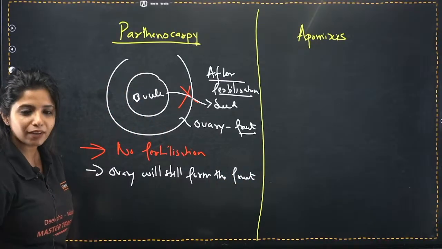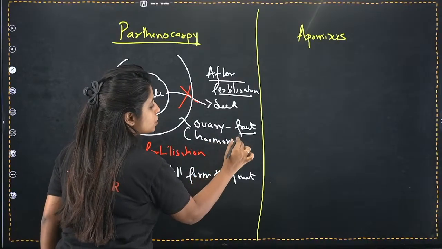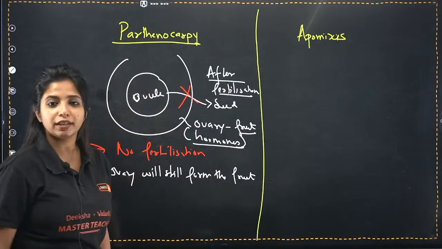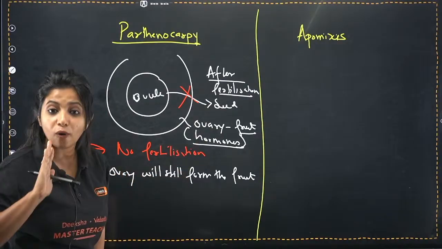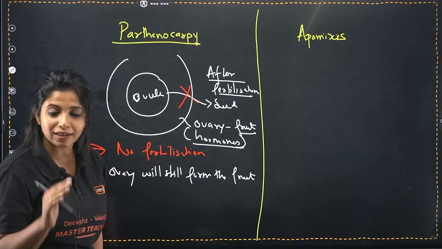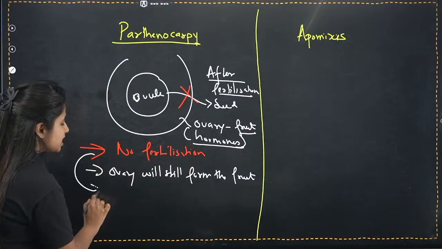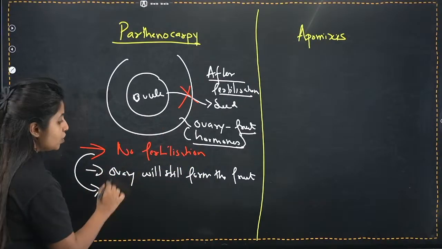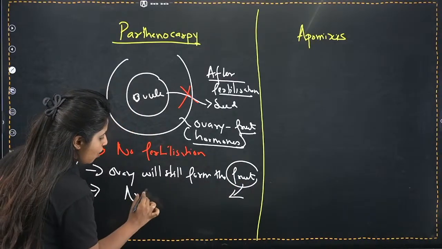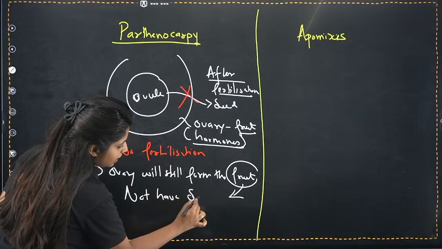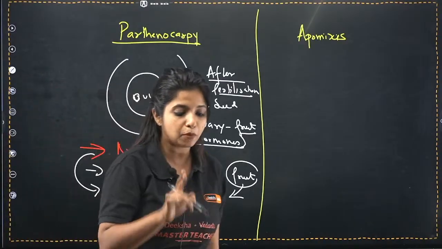How, ma'am? How is that even possible? Because there are certain hormones which are going to play a major role over here. They ripen the ovary to form the fruit. It's because of hormones. Okay, you need to understand that. And now, since there is no fertilization over here, do you expect any seed to be formed? No. So the ovary will form the fruit, but this fruit will not have seed. How can that happen? As I said, with the help of hormones.